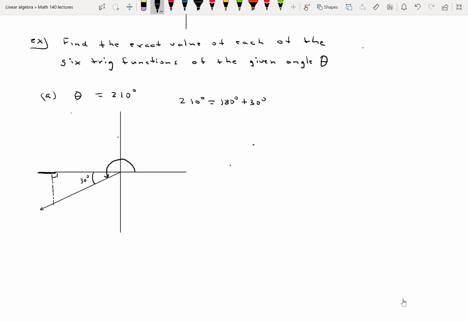And the very convenient sides for a 30, 60, 90 triangle, by now you should know this, are 1, 2, and radical 3. 1, 2, and the medium-sized number is radical 3. What's wrong with this? There's something really wrong with this. These are not sides of a triangle, these are coordinates. Once we have an A of negative radical 3, a B of negative 1, and an R of 2,